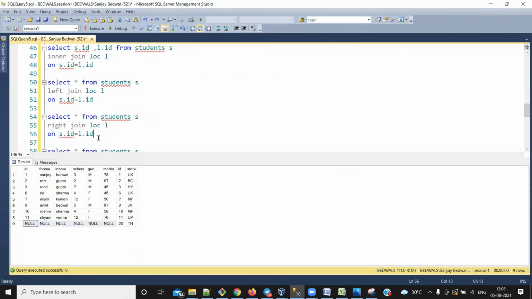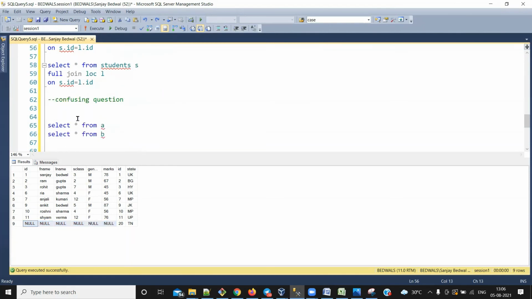So let's check right outer join. If you want the reverse output of the previous query, then you have to use right outer join, right? Right outer join means whatever records we have in the right hand side table, all of those records will get printed, irrespective of whether we have any matching value in the left hand side table or not. So see the output. Every record of the right hand side table is getting printed, and if we do not have any matching record in the left hand side table, then for all of those columns we are getting null as the output, right?